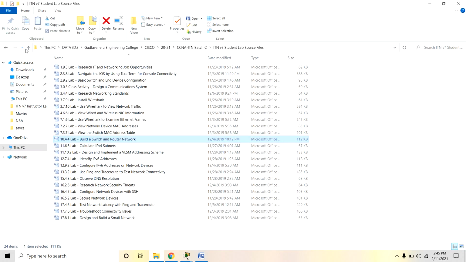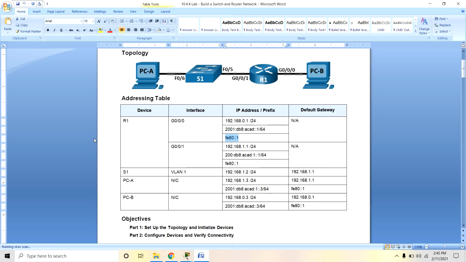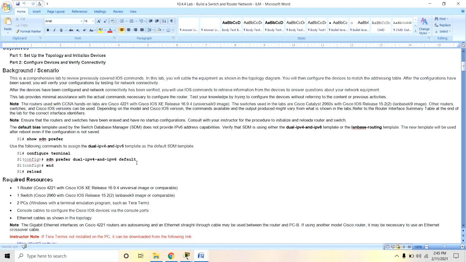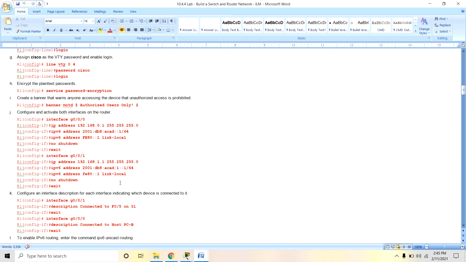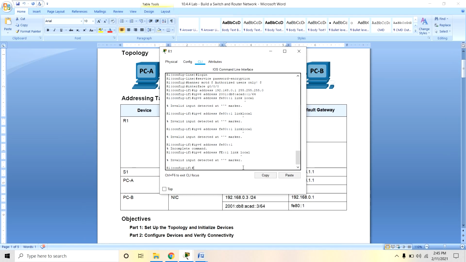Some instructor lab resources are using some basic commands of this. Okay, we forgot the link local, it is a hyphen, so that's why it has been represented here. Invalid link local address.